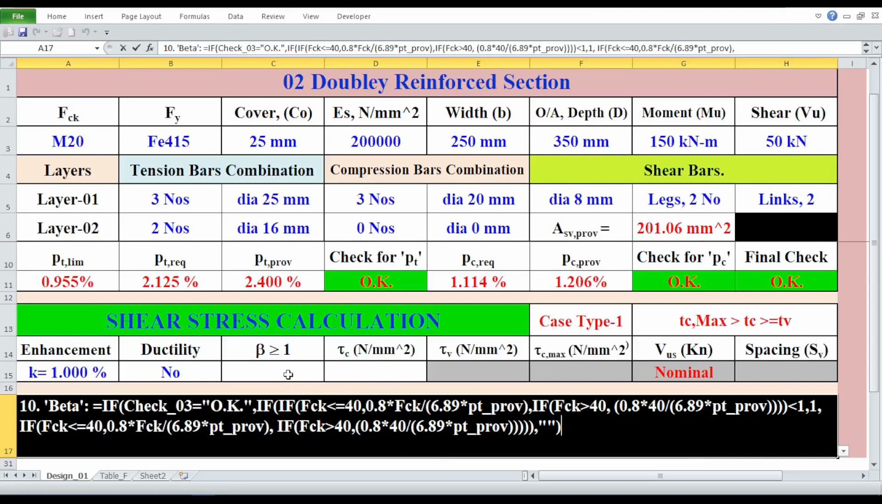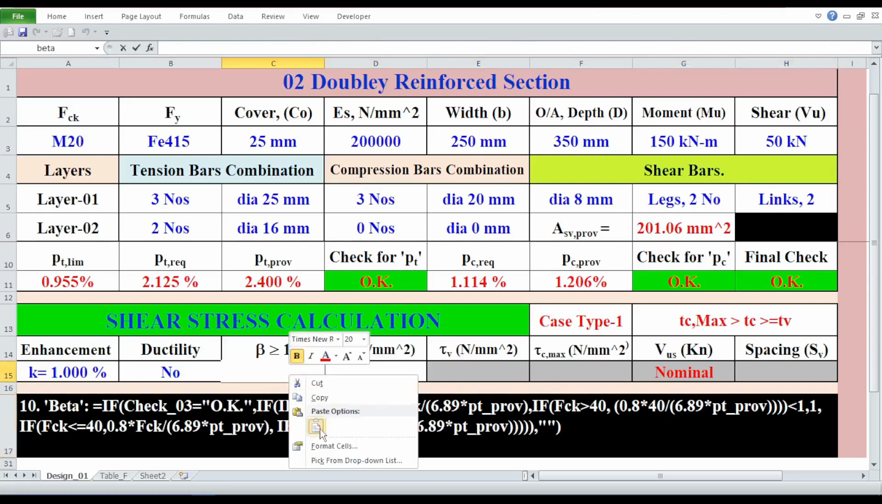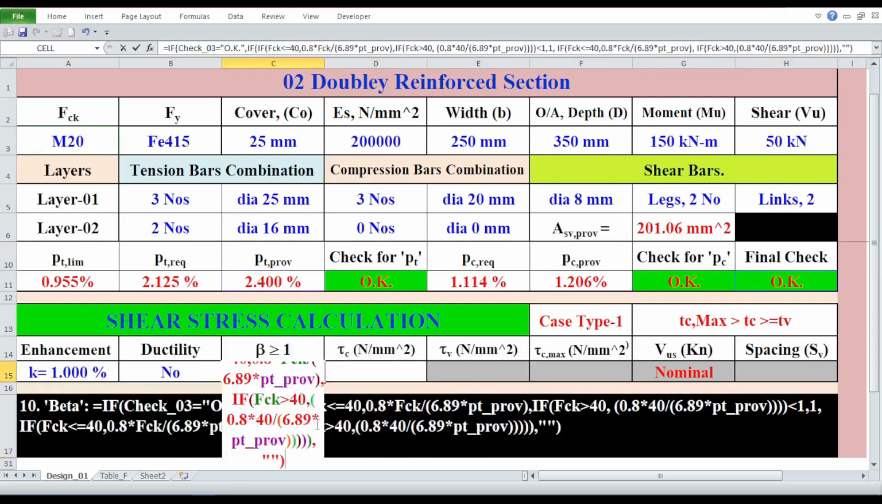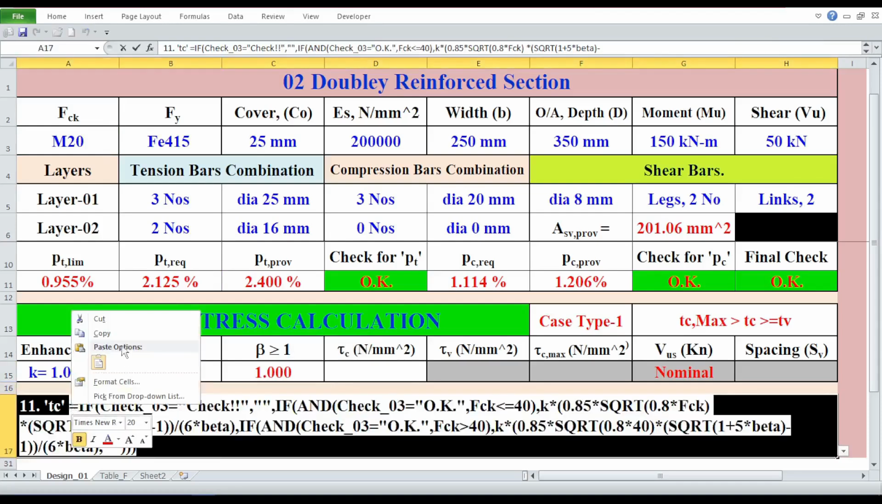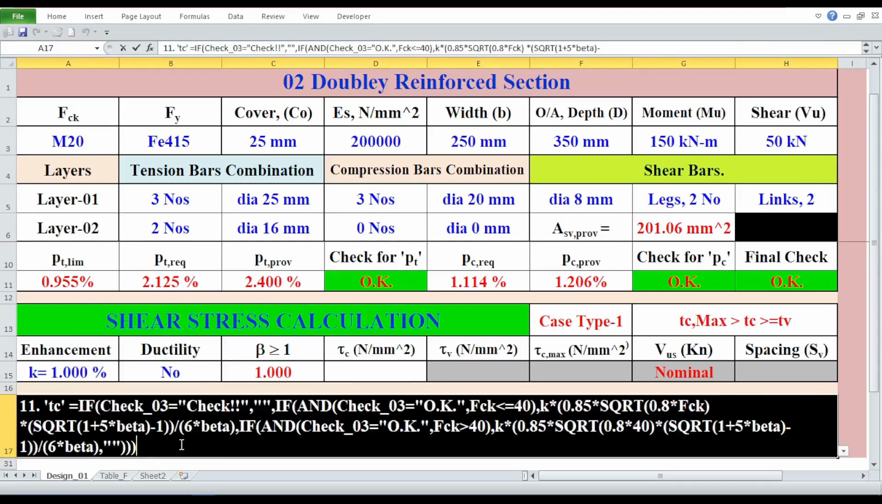By copying this formula, I am pasting on the cell with heading beta, and we are seeing the value of beta as 1. Task number 11, now, it's time for tau C, or design shear stress. The formula for tau C is equals to, if, open parenthesis, check underscore 03 equals to, within quotation, check, with